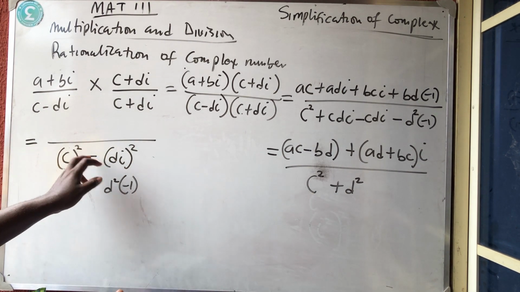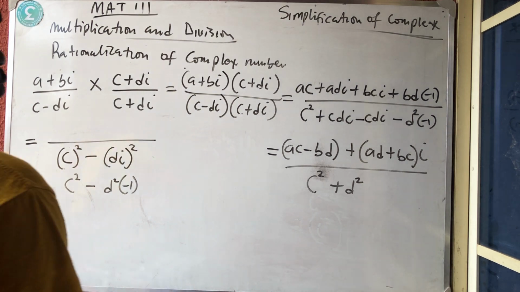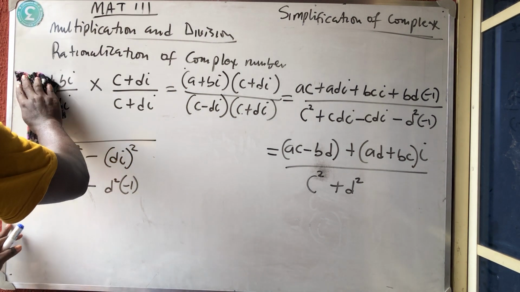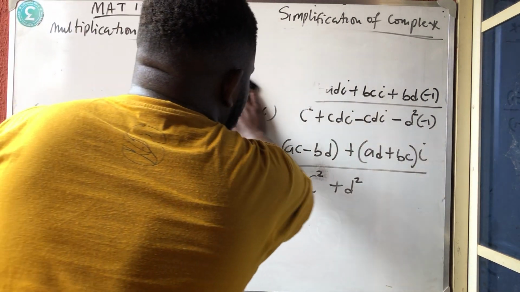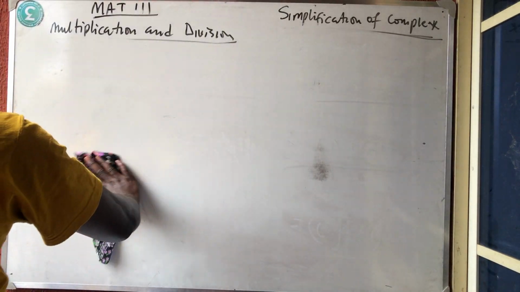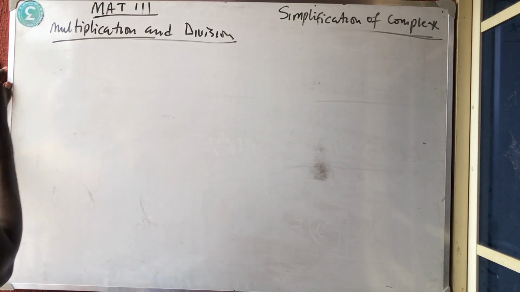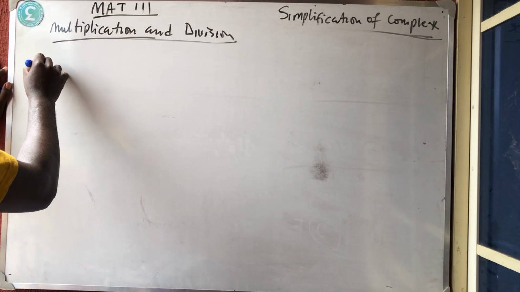But if you cannot remember this thing, please do it like this, so that you don't make mistakes. Okay, so let us solve it with a number for you to understand. Then we are done for this. Then in our next video, we'll go higher for complex numbers. Okay? So an example: